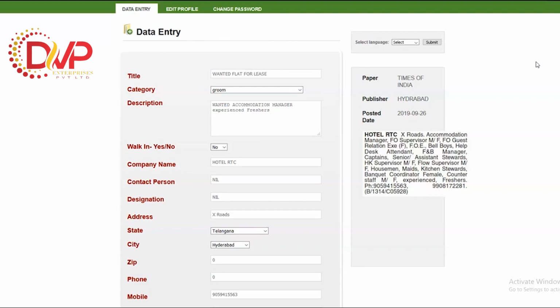So these are the titles you have to use for real estate. You have to check the form and give the title depending on what they mention on the right side, either the flat is for sale or rent or lease. Sometimes you will get flat details for sale, for rent, for lease, but most of the time they mention only the flat details simply. They won't mention whether the flat is for sale or rent or lease. In case they don't mention it, give the random title flat for sale. Then the category, as usual, depends on the title, whether rent or sale or lease. So description, copy the title and